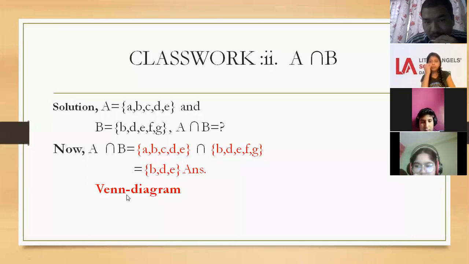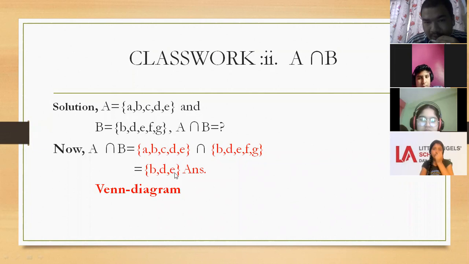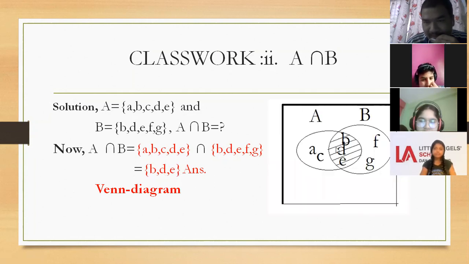Why? Look here. The sets A and B are the same. That's why the Venn diagram will be the same. But the answer has come different. That means we have to shade only the part which is represented by B, D, E, the common part. And we have to draw the Venn diagram like this. The Venn diagram is the same. Then what will be shaded? Sir, can you repeat? I don't understand that. Look here. Yes, I am going to tell you again.